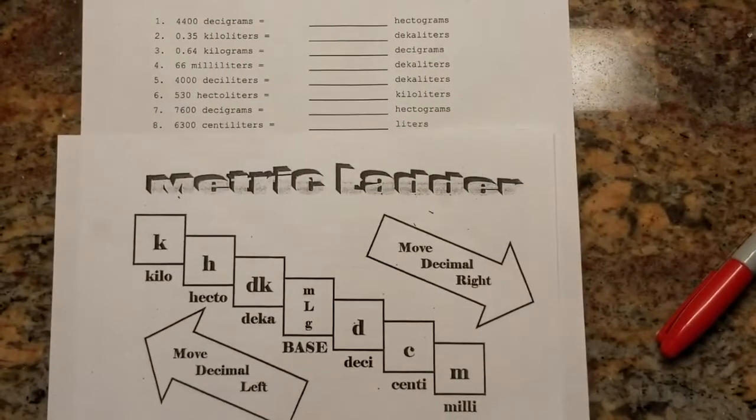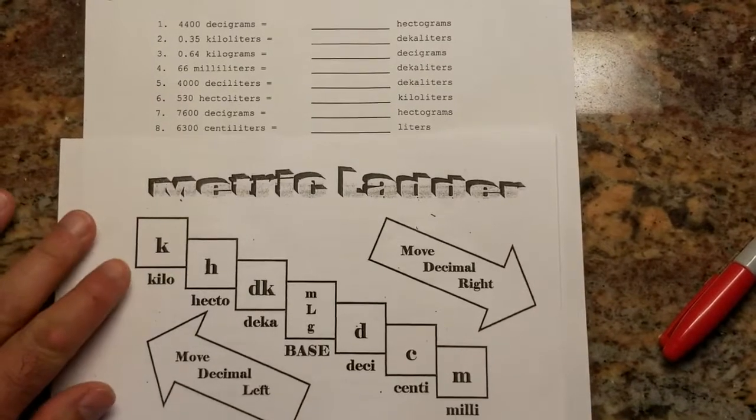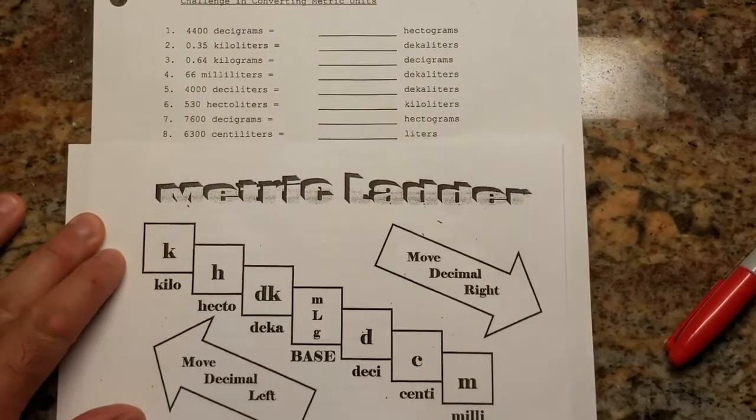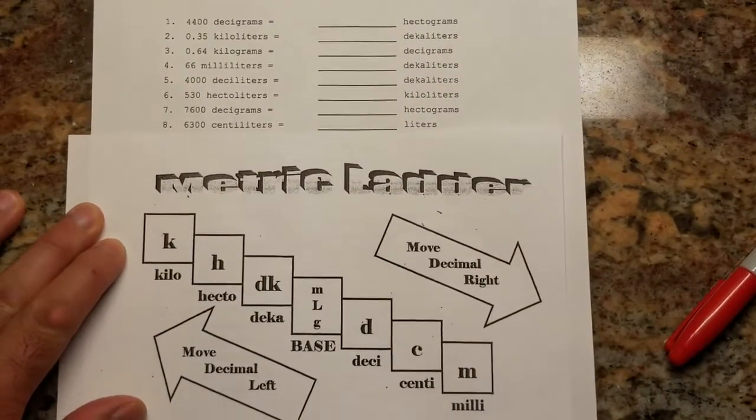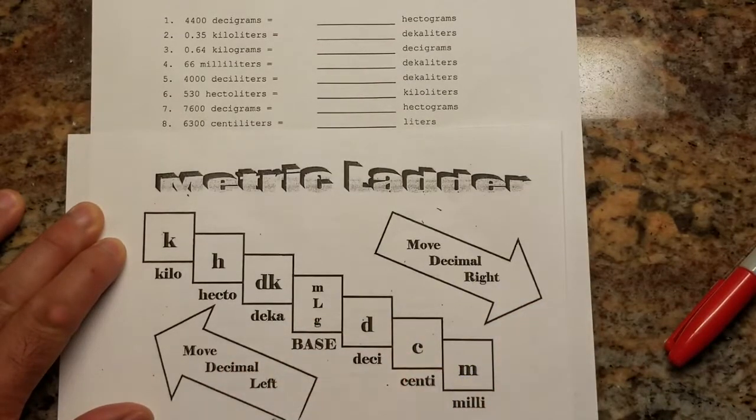Alright, I just wanted to make a quick video here of how to convert from one metric prefix to another. So we use this metric ladder here, and this tells us how many spaces we need to move the decimal and in which direction. So like if I want to get from deci to hecto, like if I've got a decimeter